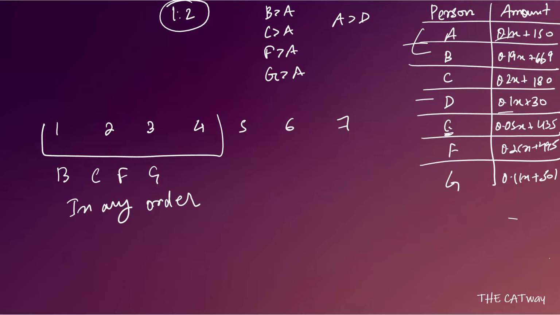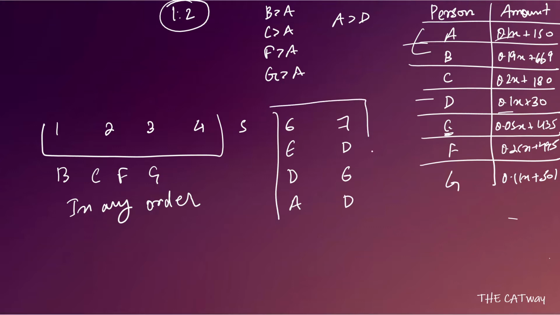Now it is possible, now three cases arise. The first case is that the last two values are taken by E and D, in the order that D is the least. Another case is that the last two positions are taken by D and E, in which E is the least. And the third case is that the last two places are taken by A and D, where D is the least, because we know that. So these are the three cases.